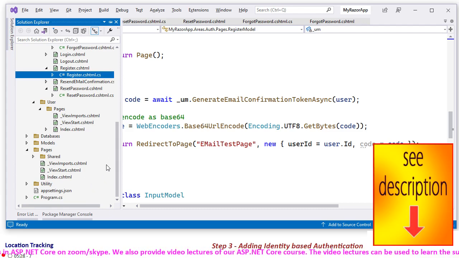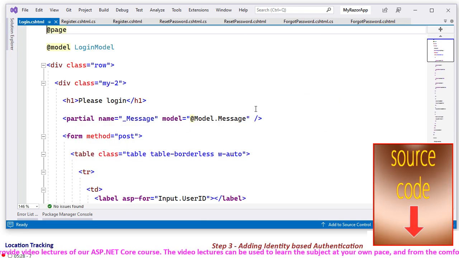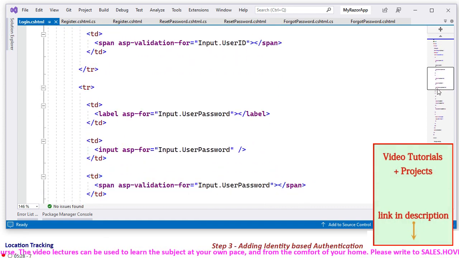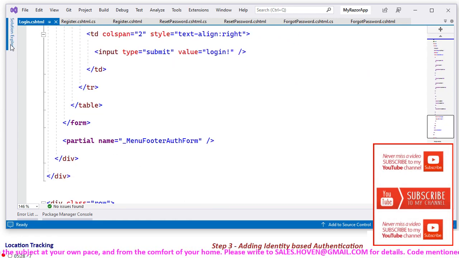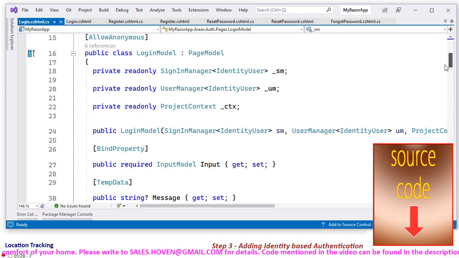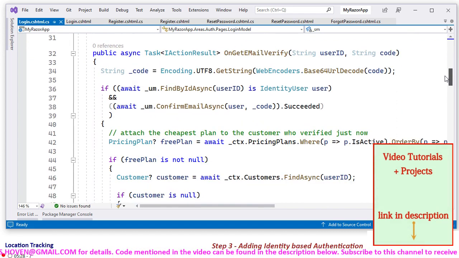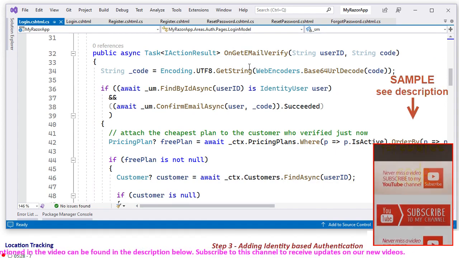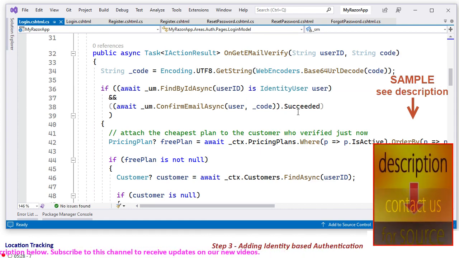So when the user clicks that link, he will come back to the login page, and on the login page we have some message, user ID, password, remember me, and the menu of all the links. And here you will have sign in manager and user manager obtained by dependency injection. And on get email verify, this will be coming from that email verification page that I told you just now. And from there you will find the user and confirm email,